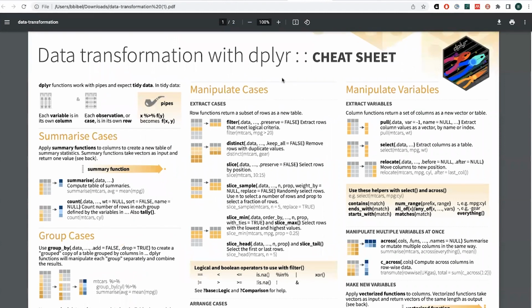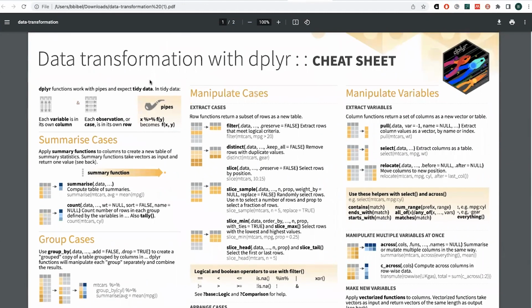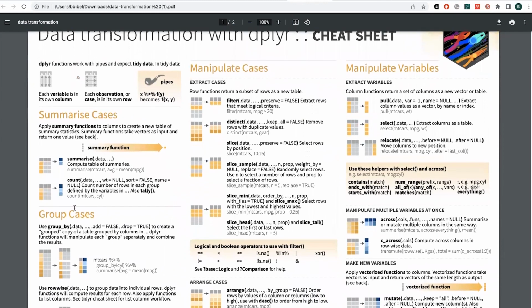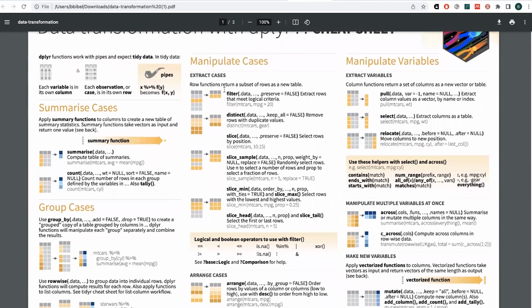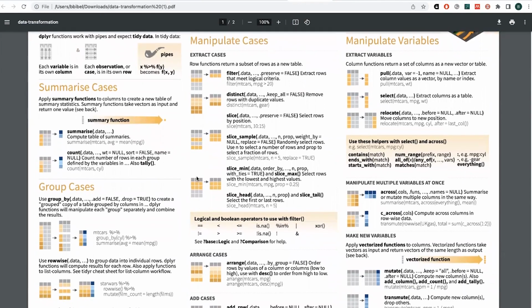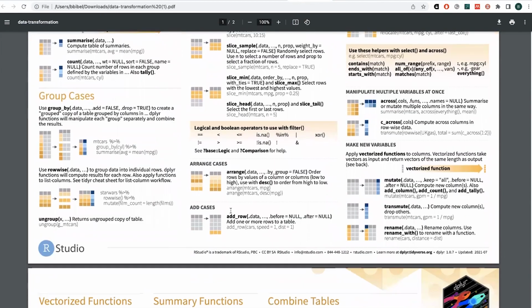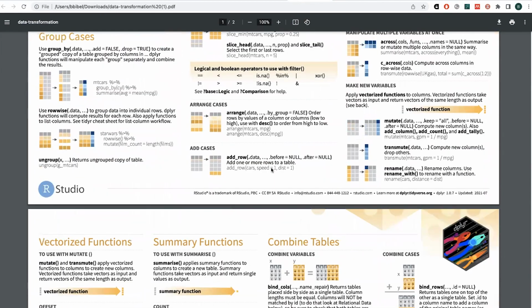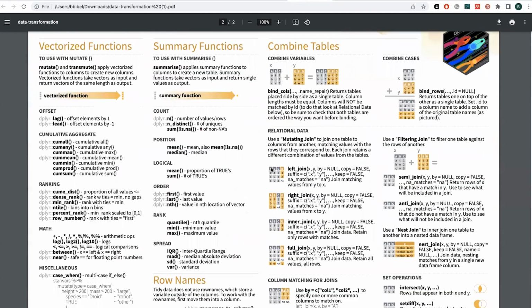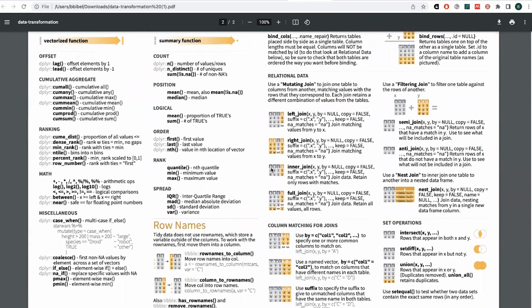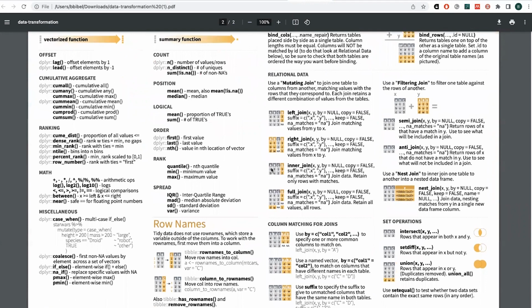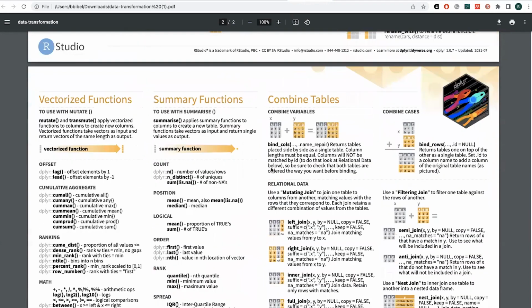With dplyr, you can do all these really cool things, like summarize down columns, filter, make groupings, all sorts of really awesome stuff with data tables, and a lot simpler. I know that this looks super complex, and it is, and it's a little overwhelming,